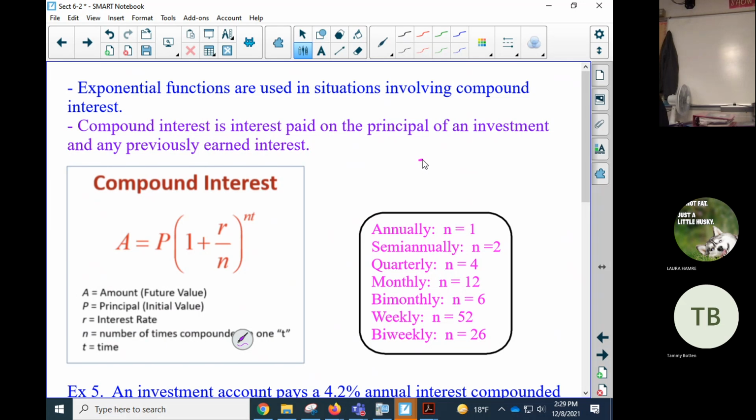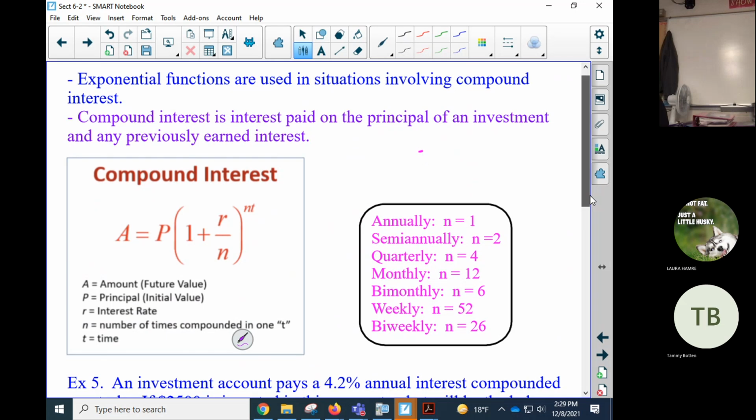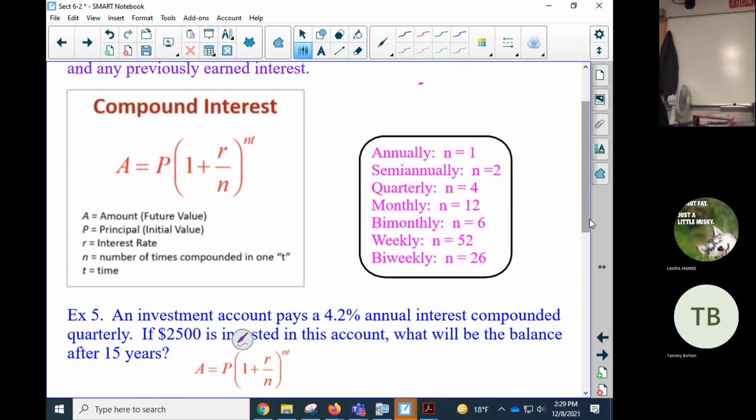Semi-annually means twice a year, so that's N is 2. Quarterly is 4 times a year. Monthly, of course, is 12. Bi-monthly means every other month, so that's 6. Weekly, there's 52 weeks. Bi-weekly is 26. So the best you could ever get, which I don't even know if it's out there, would be weekly